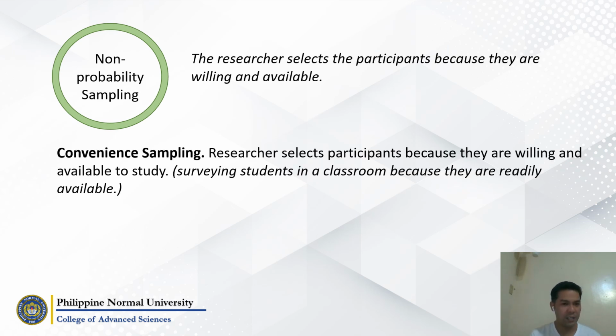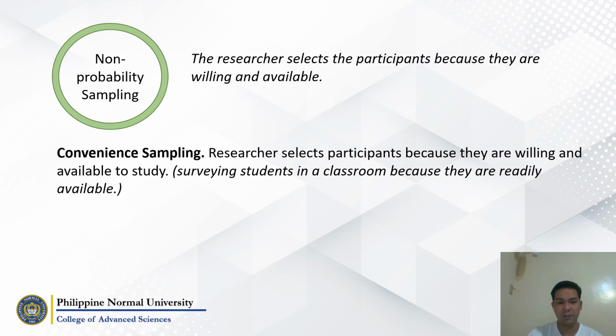So first here is the convenience sampling. The researcher selects participants because they are willing and available to study. For example, surveying students in a classroom because they are readily available. So this one is based on the convenience for the researcher, and at the same time, the availability of the